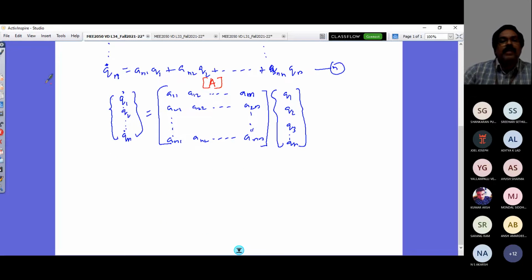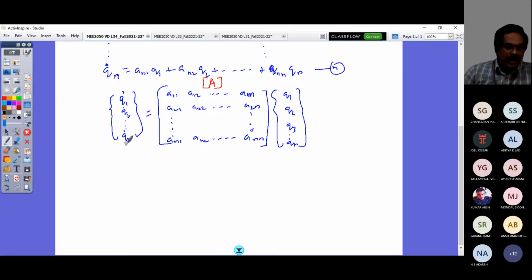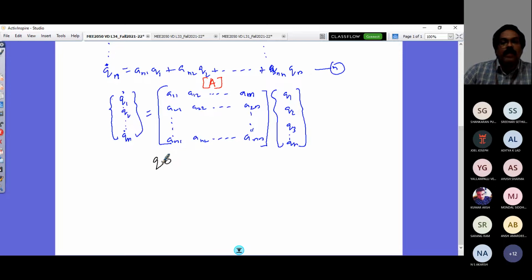The solution of this set of equations can now be obtained by representing Q of t as equal to Q e power st. If that is so, I will have Q dot of t equal to sQ e power st. This is obtained by substituting this in the nth order equation. So I can have Q n dots of t as s power n Q e power st. So put this